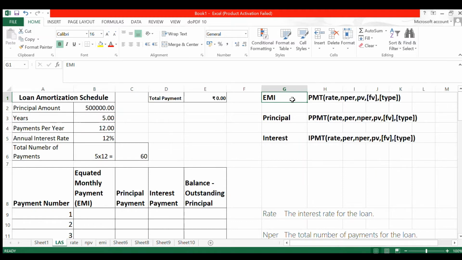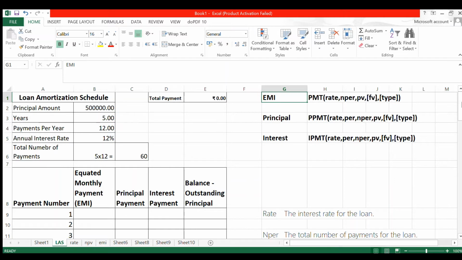There are plenty of tools available online to compute the EMI, but it is very easy by using an Excel inbuilt function called PMT. PMT takes 5 input values: rate, NPER, PV, FV, and type. FV and type are indicated inside square brackets, which means those two input values are optional, while the initial three, rate, NPER and PV, are the mandatory input values.